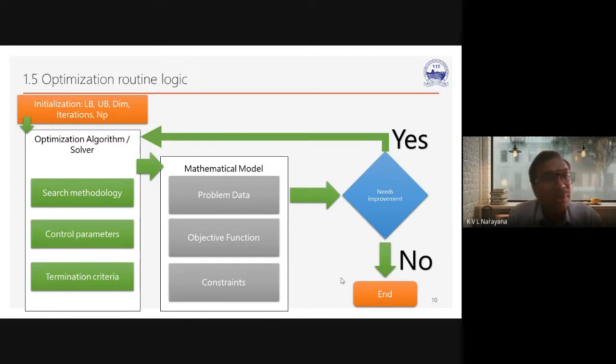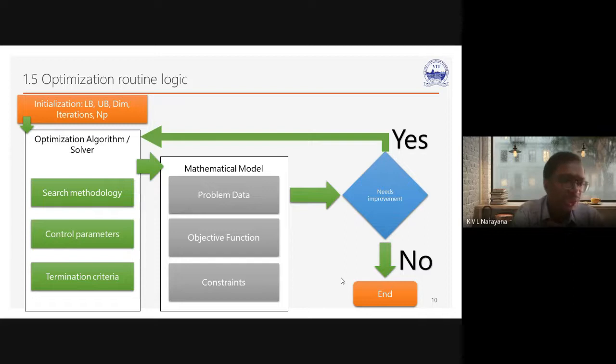And how many iterations, how many times we have to execute the entire program. That is the number of iterations. So the iterations can be given as a termination criteria. Suppose you select the number of iterations as 100, then after 100 executions, the optimization algorithm will be stopped. And NP, the population size, means the number of solutions to be present. So after initialization,